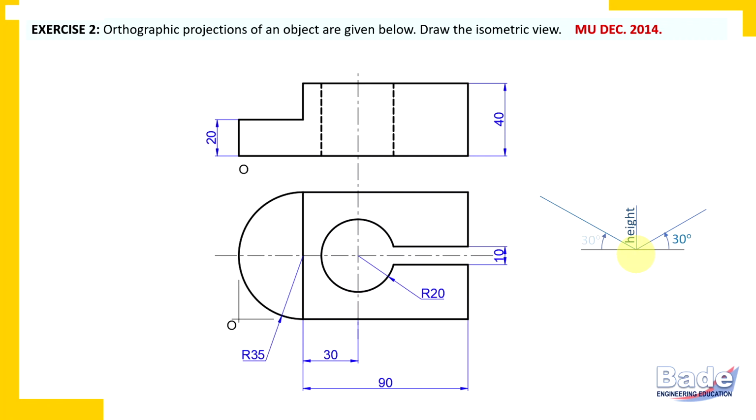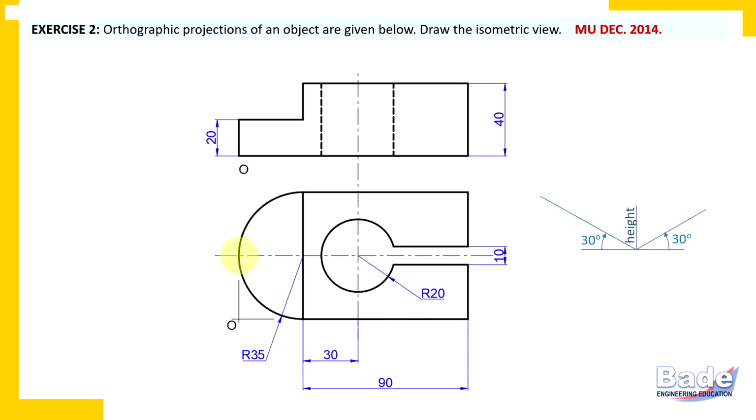So out of these two axes, which axis is the length axis and which axis is the width axis? How to take that decision? Try to understand. To help you take that decision, this point O will be given in the orthographic views. So listen, the right end of the object and the left end of the object appear in the front view and also in the top view. This is the right end of the object, this is the left end of the object. You must be knowing that in the side view, right side and left side are inseparable.